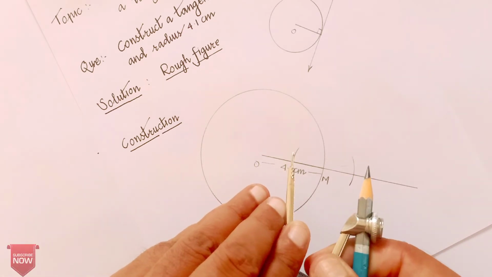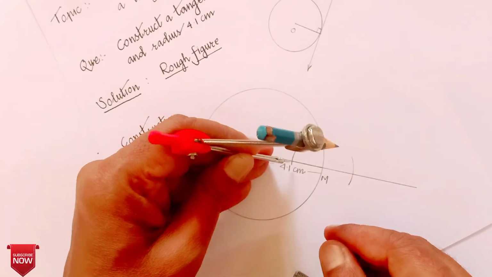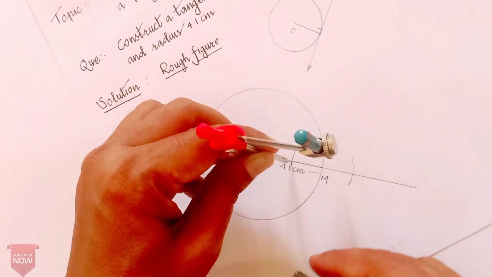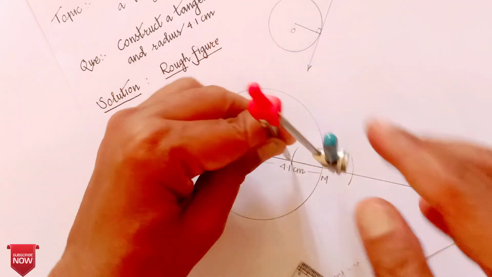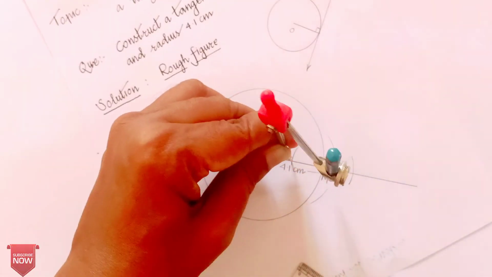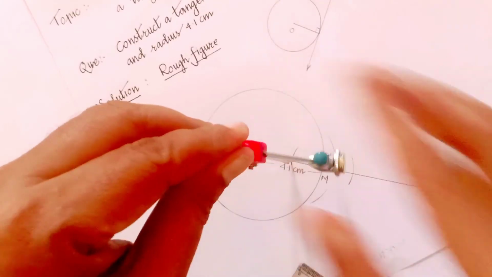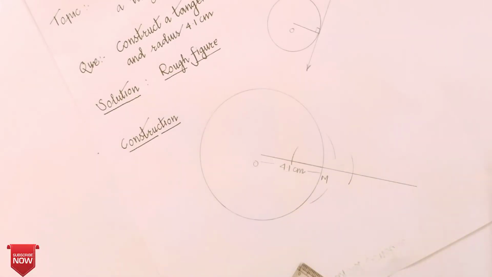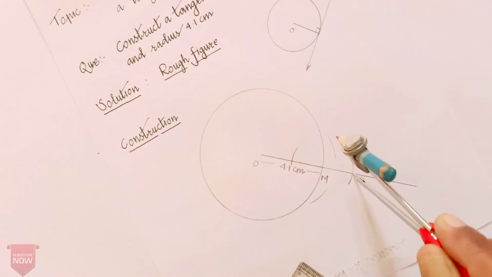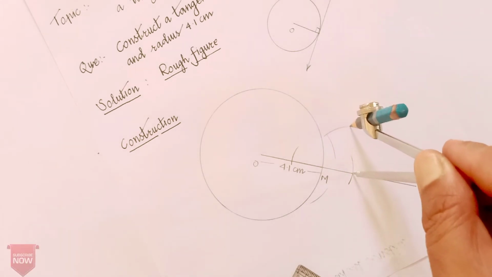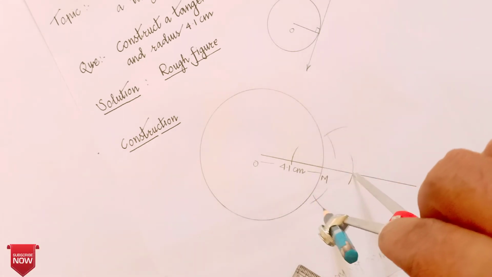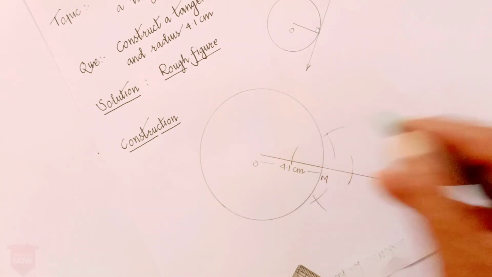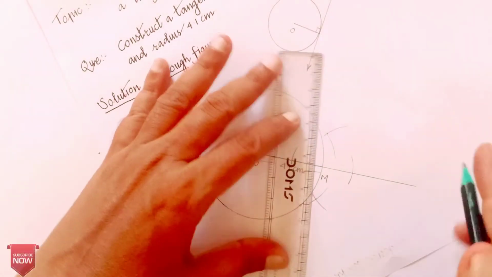You take a distance more than half, or less than the full. This is more than half, we are doing this. Now with this you give an arc in this way and in this way, from the lower and the upper side. Now you see this, we have given this arc and this arc without changing it. You are not changing any distance. You give an arc in this way also and in this way also. So this is the point of intersection of these two arcs, and you join it.